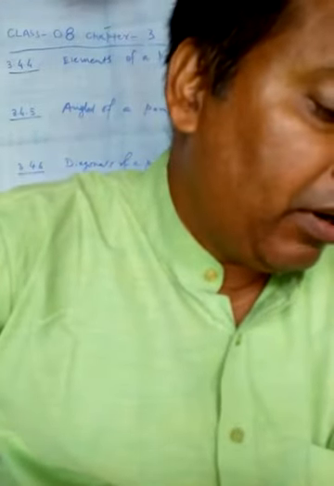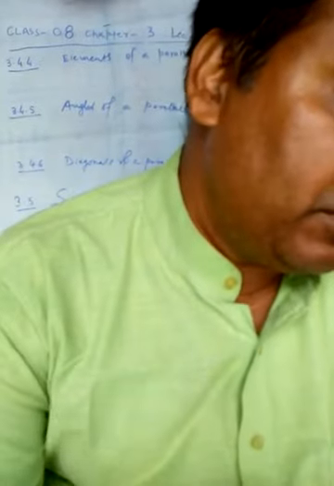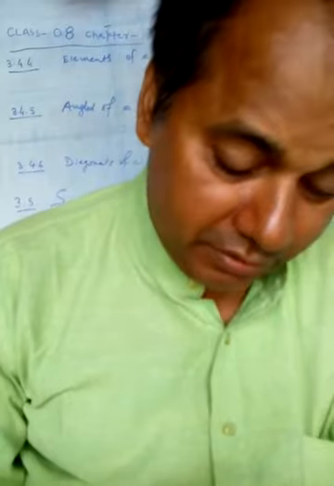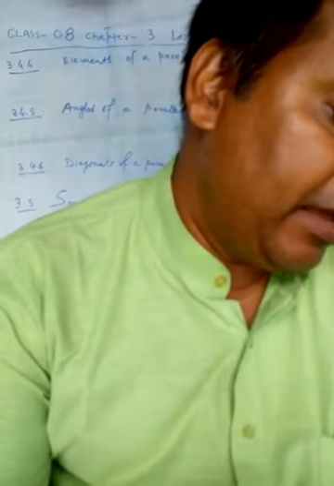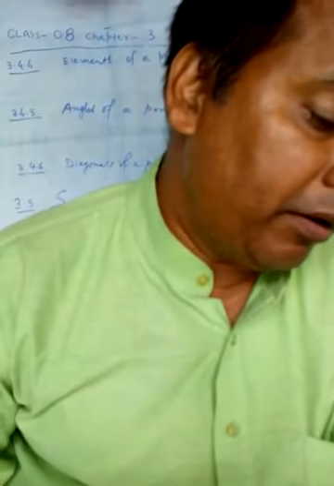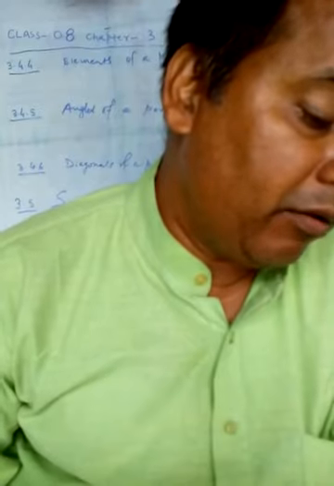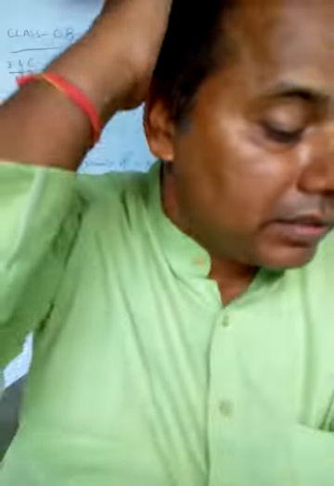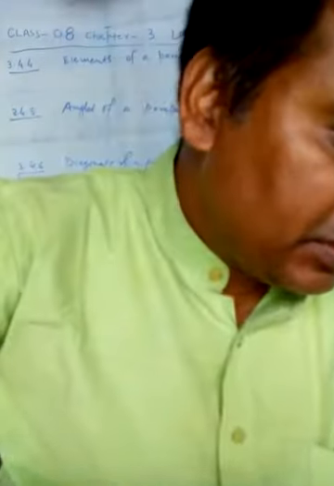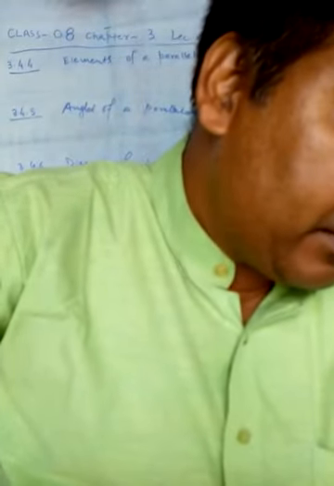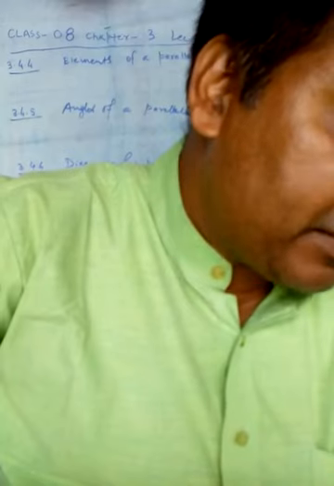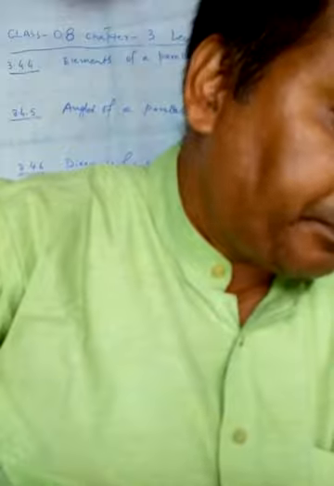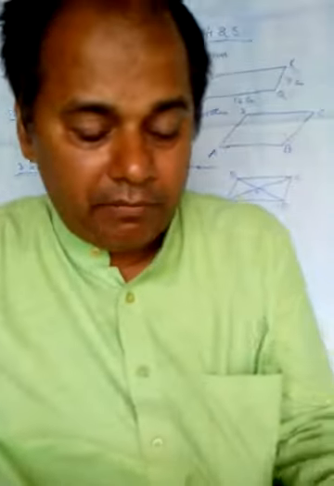Alternatively, angle 1 is equal to angle 2 and angle 3 is equal to angle 4. We have the measure of angle A is equal to angle 1 plus angle 4, which is equal to angle 2 plus angle 3, that is the measure of angle C. Example number 4.